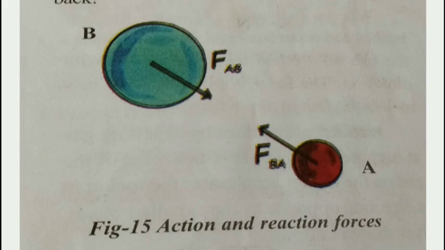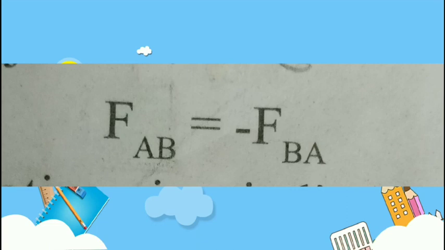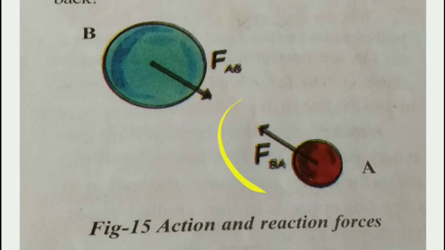Here, Newton's first law and second law, as we have discussed, are applied to a single body, whereas Newton's third law is applied to both bodies. That means in this definition we will be using two different objects, but in the first law and second law, it describes only a single object. The force applied by object B on A will be equal to the force applied by object A on B, but they will be in opposite directions.